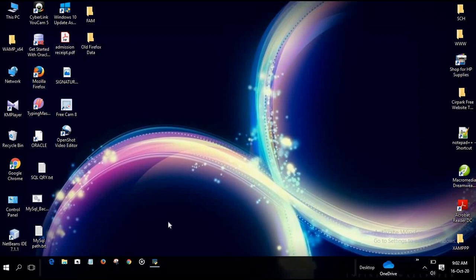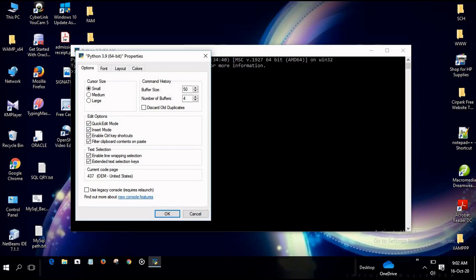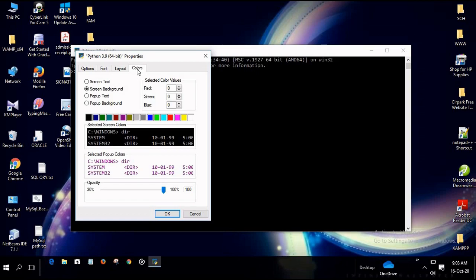If you want to do other settings through the Python prompt, cursor size, command history, edit options, then all the font settings are here. Layout, colors. You can also change colors of the text. Like if you want to change the color of the screen, then you can change it from here.